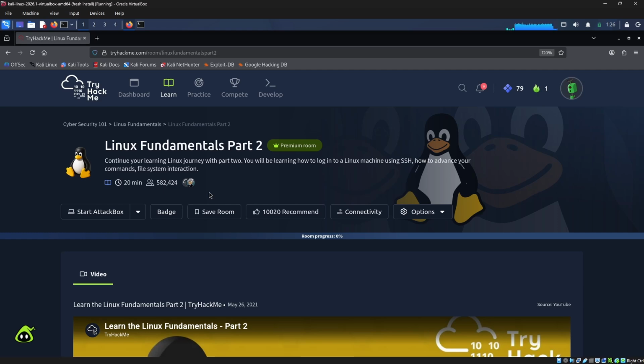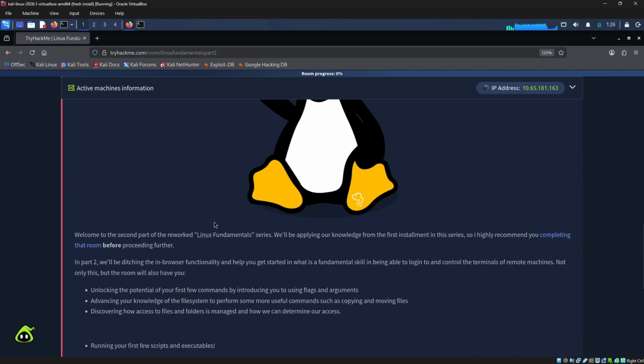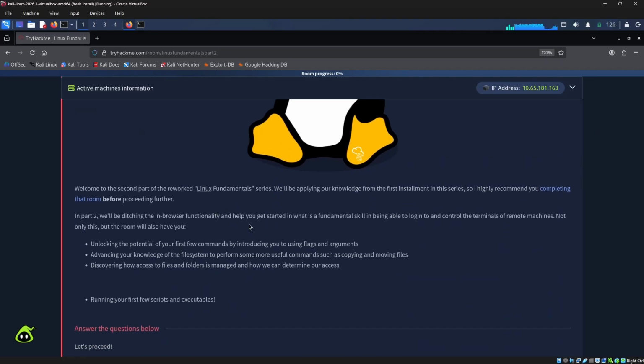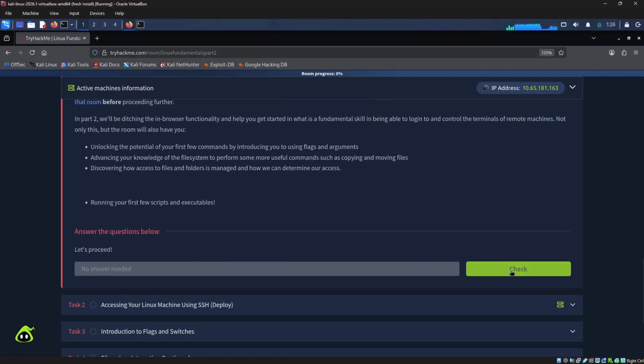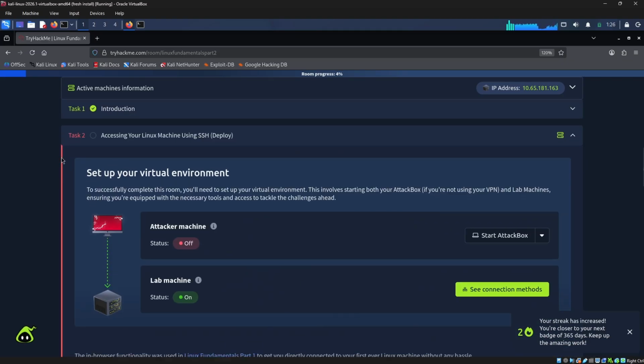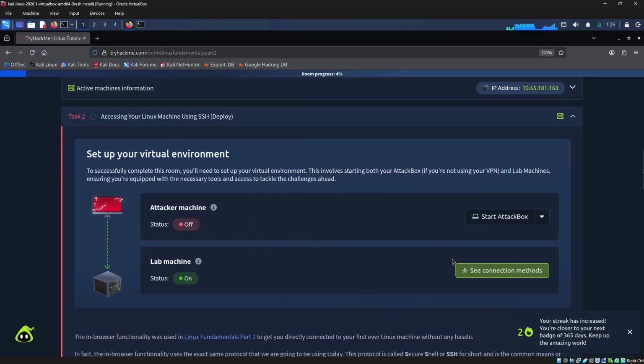Okay, guys, welcome to the Linux Fundamentals Part 2 room, and we are going to explore these. There is a little introduction that, as usual, I recommend you read. And let's move on to the main task, task 2, where you have to start your mission